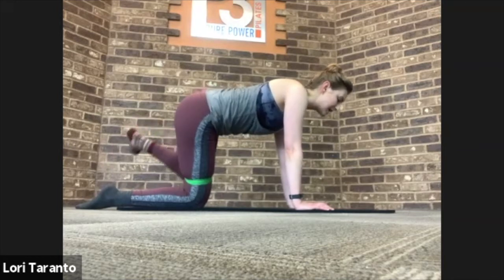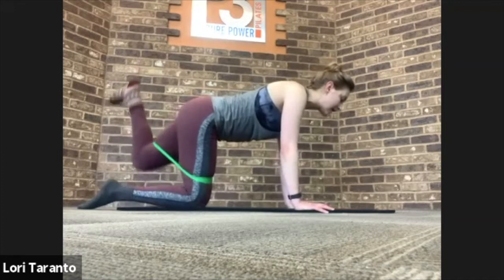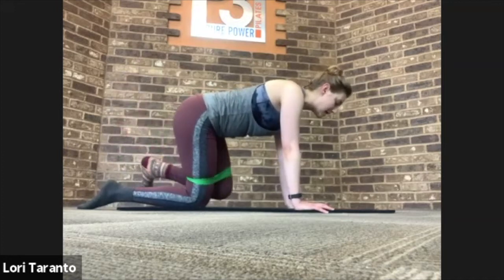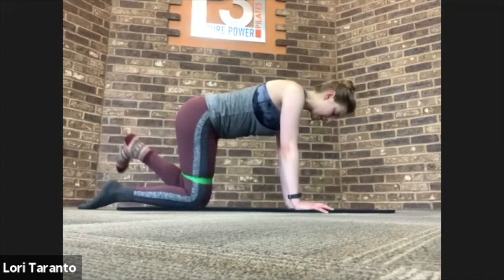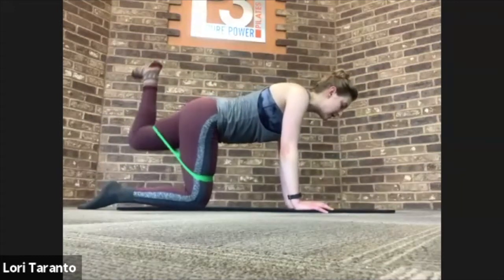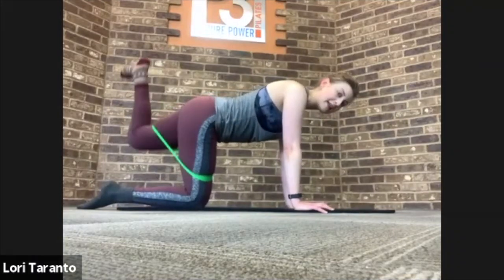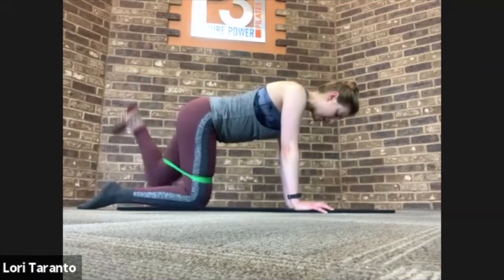Good. Last one. Take the leg back now. Keep the knee bent. Think of that 90-degree angle between knee, hip, and ankle. Squeeze the left glute to lift that knee up into the band and think of stamping your heel up to the ceiling. 5, 4,